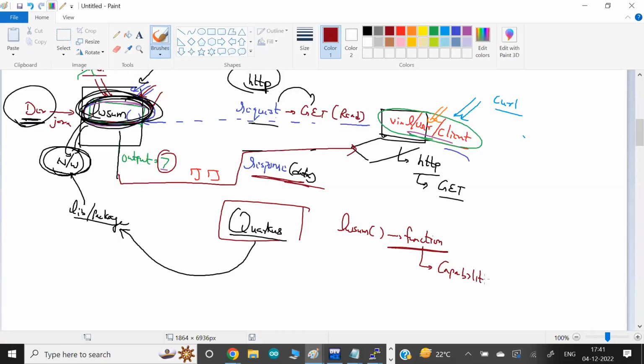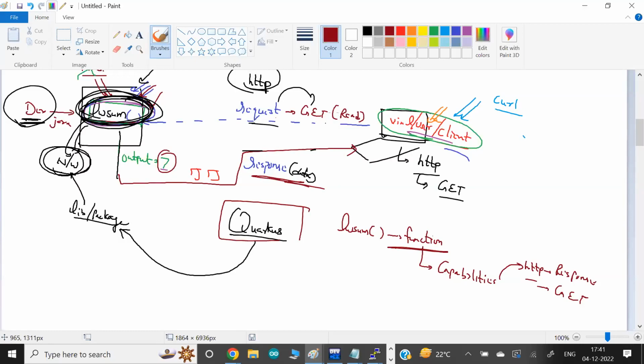Okay, which capability? We can have hundreds and thousands of capabilities, but one of the capabilities would be that you now know how to send data over HTTP, a response over the GET method. Meaning if somebody comes as a GET, then you can respond over HTTP. This capability I'm going to add very quickly. You don't have to create it from scratch.